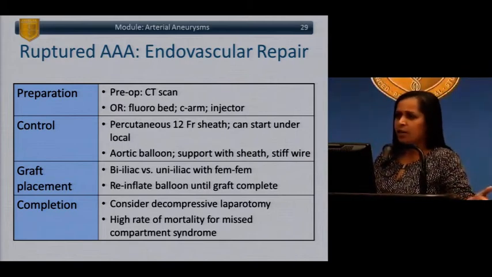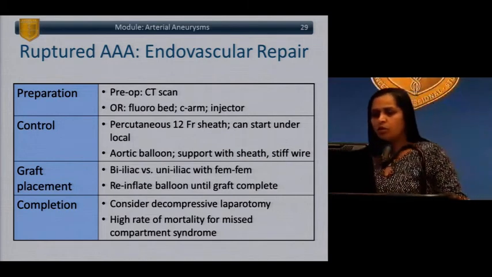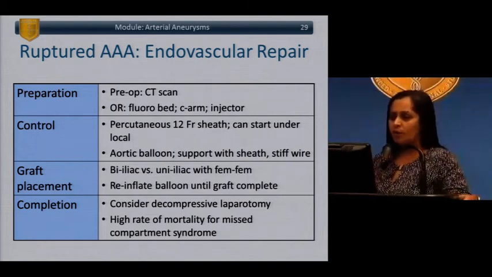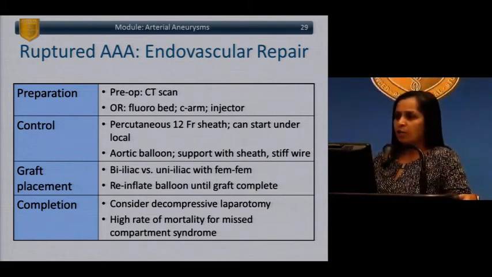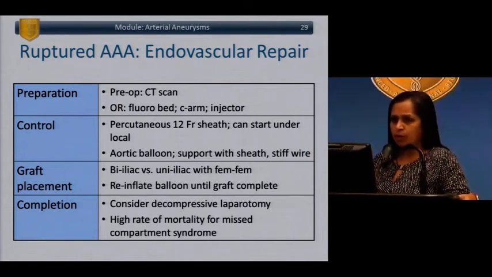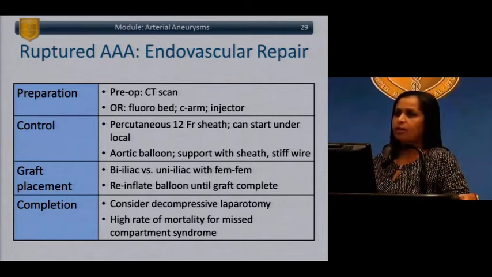In this day and age, I think in most patients you can get a bifurcated system in, so there's no hard and fast rule about this. And then the other big caveat about ruptured aneurysms being repaired endovascularly is that depending on the amount of hematoma and blood loss, reperfusion and